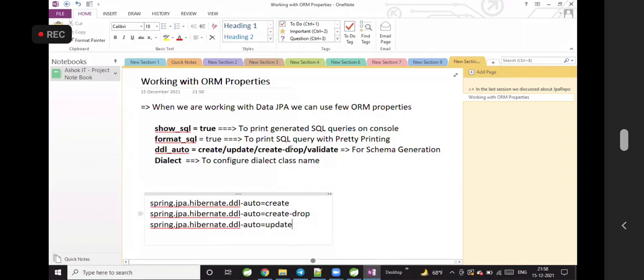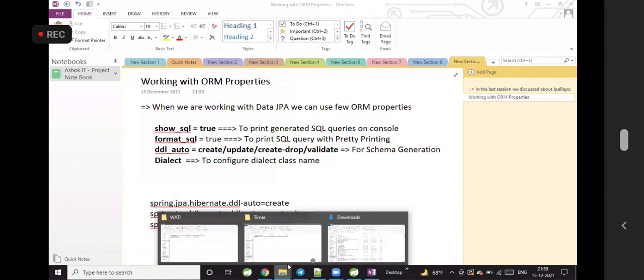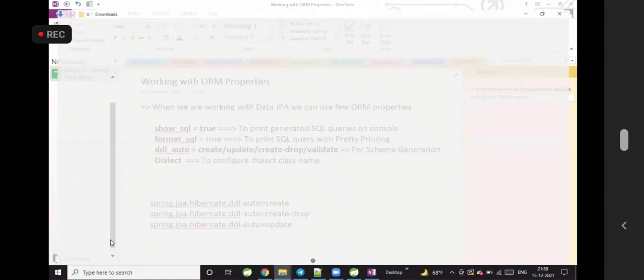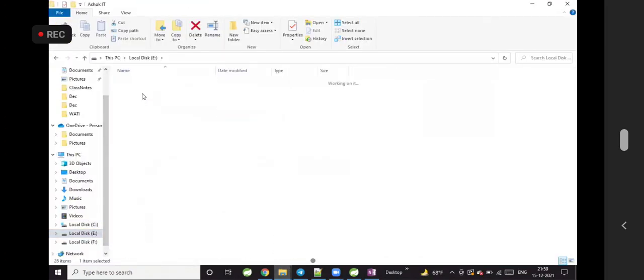If the table is not available, it is going to create the table and insert the record. But these two we don't use in real time. In real time, only this update option will be used. Let me show you one example for that.